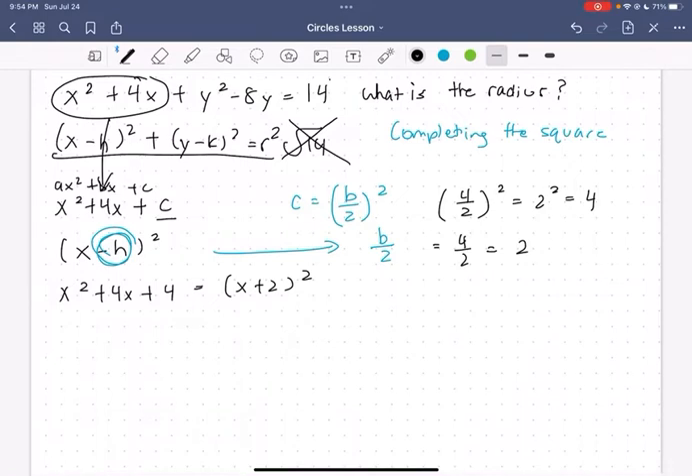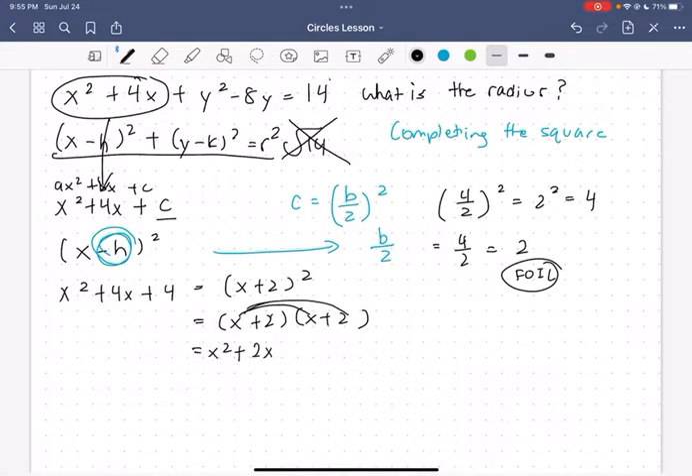x plus 2 the whole squared is just x plus 2 times x plus 2. And then we're going to do the FOIL method here. If you don't know what FOIL is, I can do a video later as well. But yeah, so FOIL, very quickly, is first, so it's x squared, outer, plus 2x, inner, plus 2x, and last,